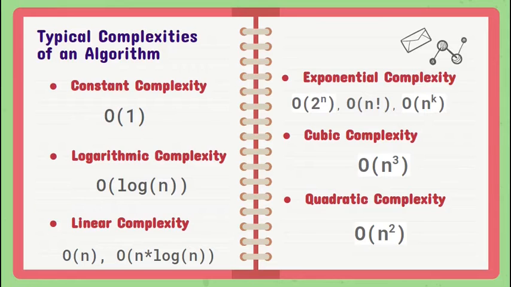So we have the quadratic complexity. It imposes a complexity of big O of n squared. So for n input data size, it undergoes the order of n squared count of operations on n number of elements for solving a given problem. So if n is equal to 100, it will endure 10,000 steps. In other words, whenever the order of operation tends to have a quadratic relation with the input data size, it results in quadratic complexity.